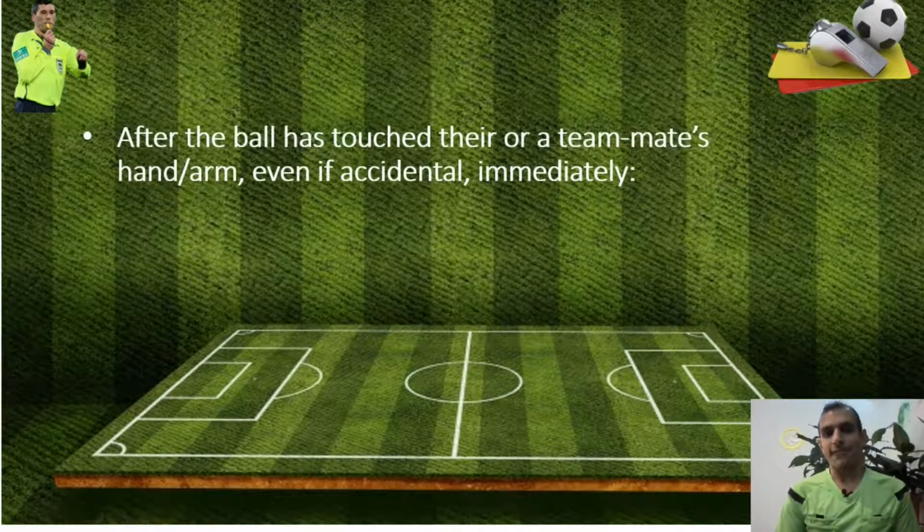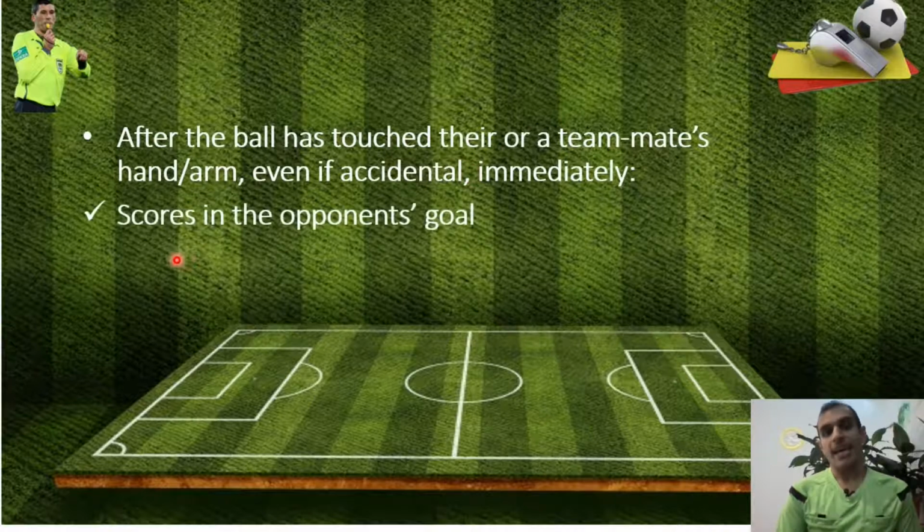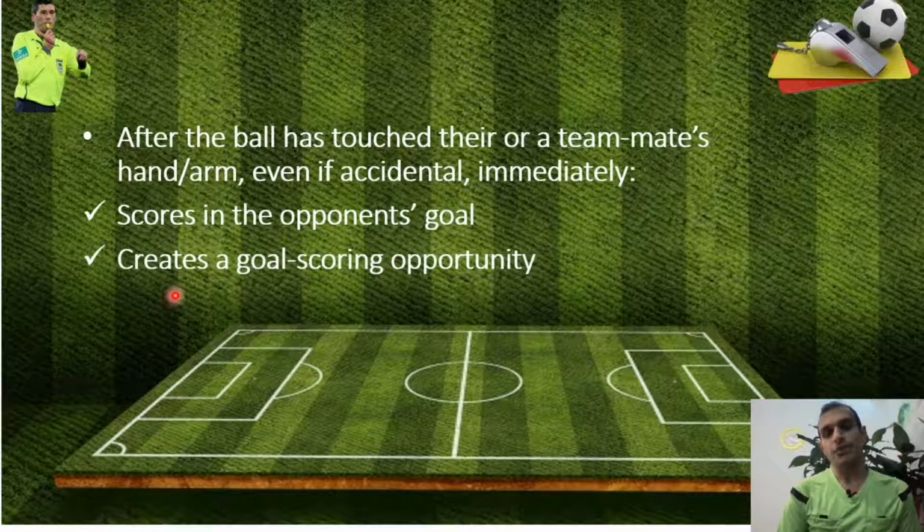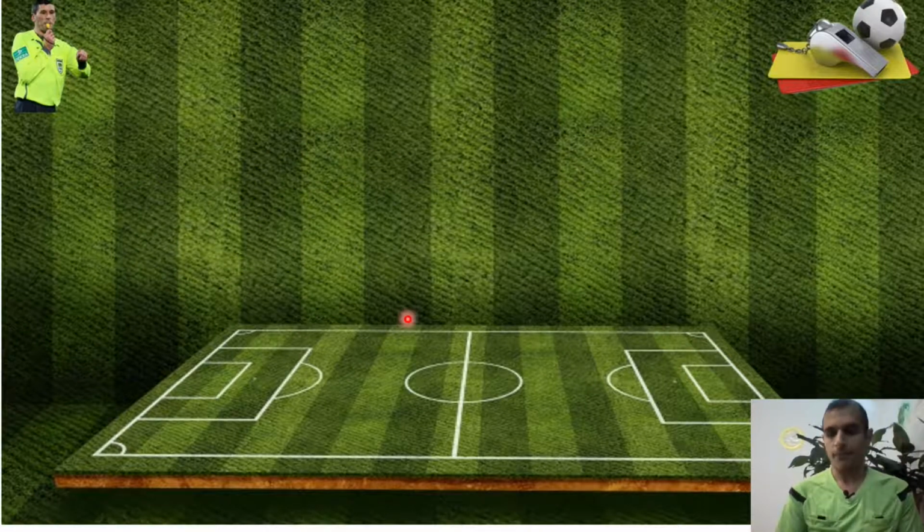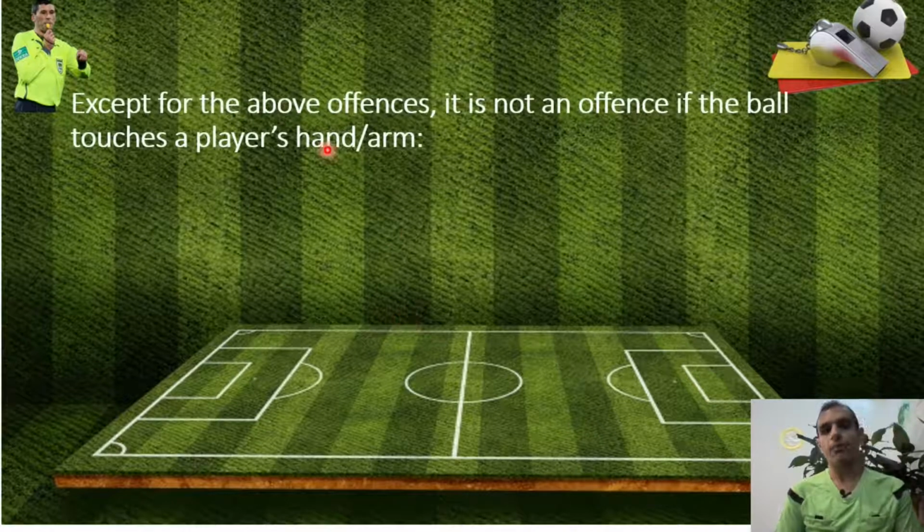And also after the ball has touched their or a teammate's hand or arm, even if accidental, immediately scores in the opponent's goal or creates a goal scoring opportunity. Except for the above offenses, it's not an offense if the ball touches a player's hand or arm